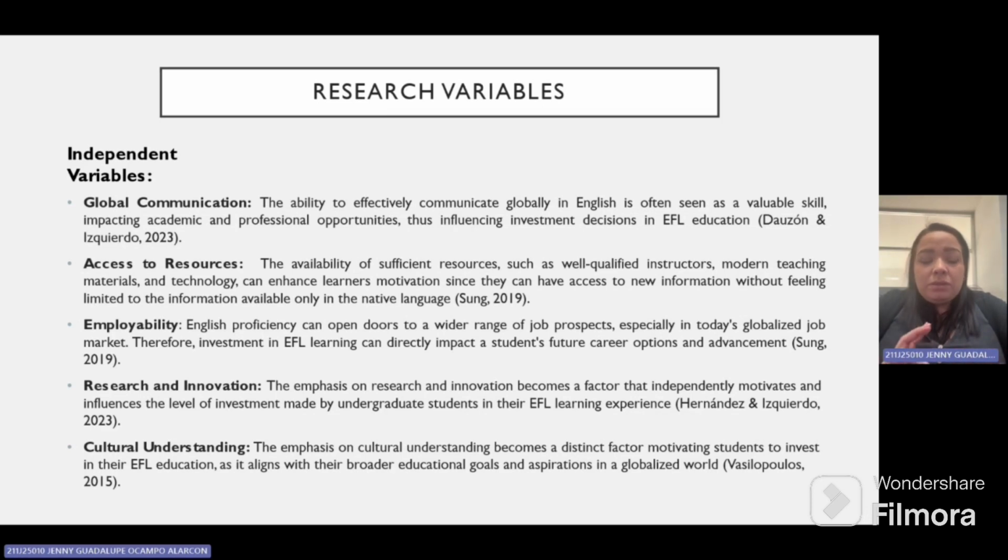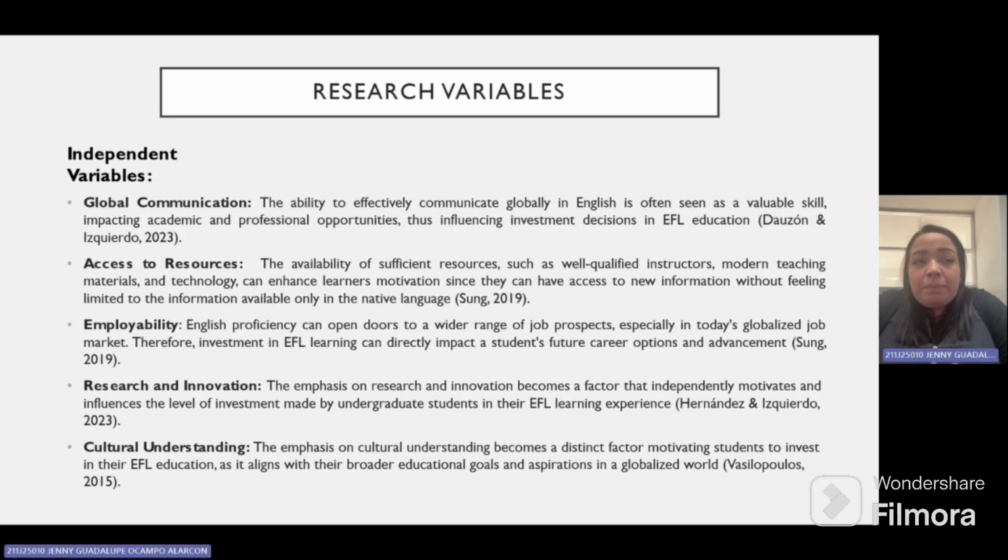Access to resources, because the availability of sufficient resources can enhance the learners' motivation, since they will have access to new information. Employability, because English proficiency can open doors to more job opportunities. And research and innovation, because this factor motivates and influences the level of investment,